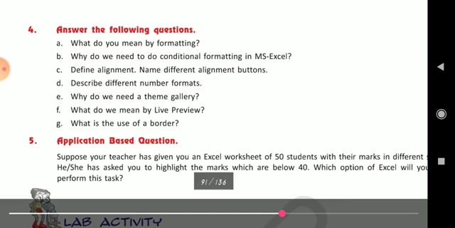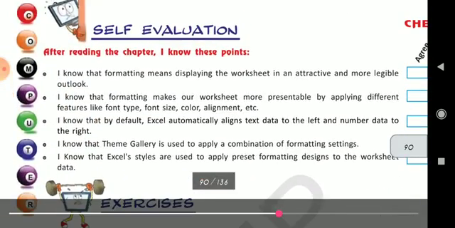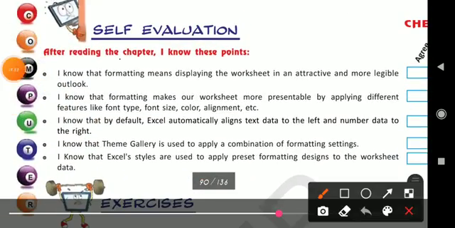Starting of the chapter also it is given, in the exercise also it is given. You can see over here. Formatting means displaying the worksheet in an attractive and more legible outlook. So this is the answer of the first one. Clear? Second question.